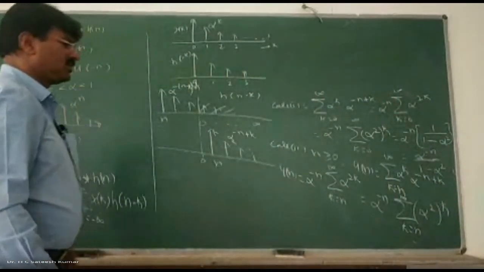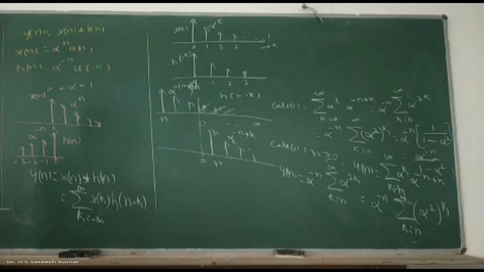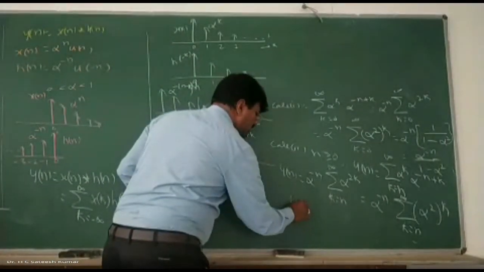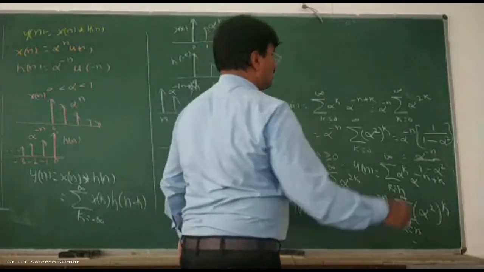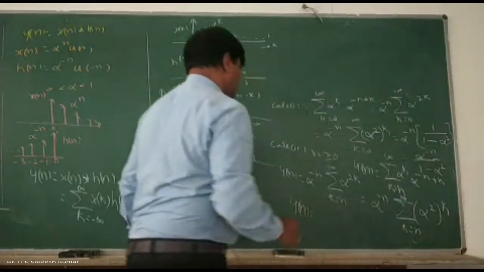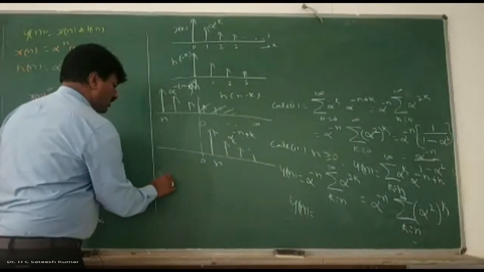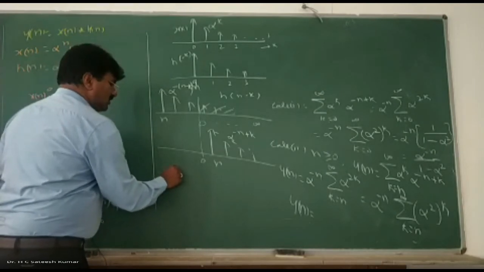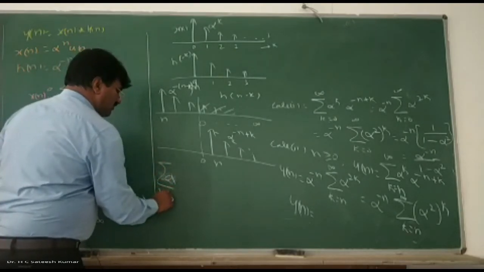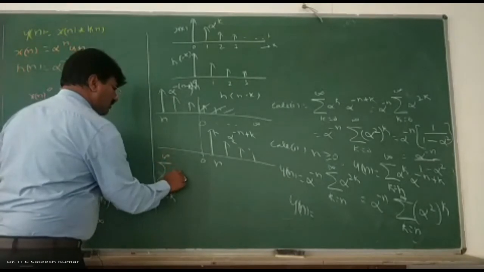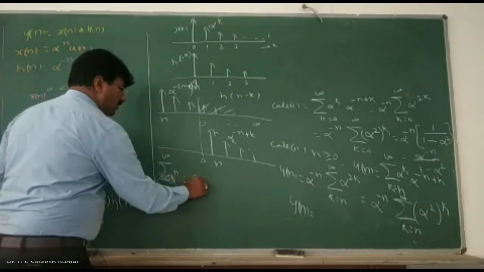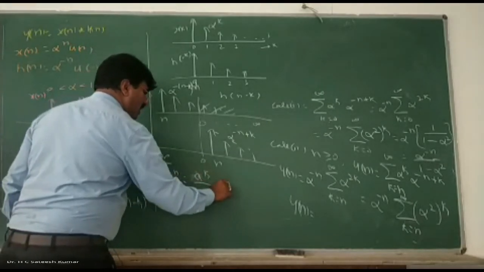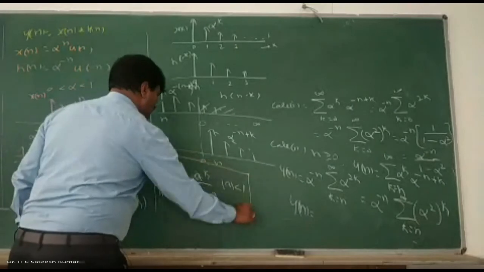For n ranging from k to infinity, we have one formula, you can check it out. In the identities, I did it in the beginning itself. The formula was something like this. I can write it here. Summation n ranges from k to infinity, a to the power of n is equal to a to the power of k divided by 1 minus a, provided magnitude of a is less than 1. This is the formula that I did.